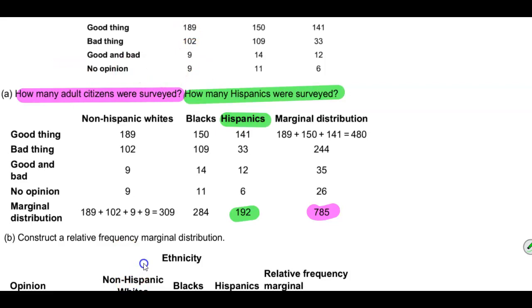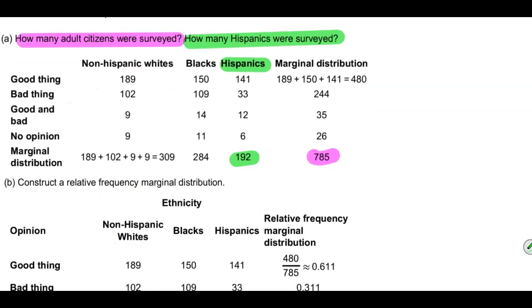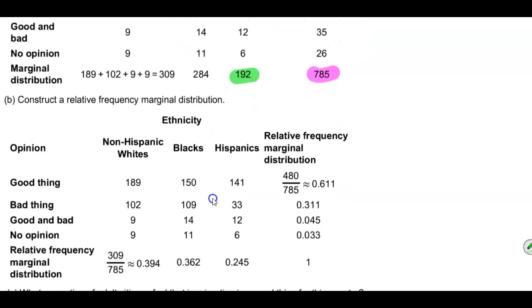Now for the second part, they want us to construct a relative frequency marginal distribution. In order to do that, we take the totals for each row and the totals for each column, and divide those totals by the total number of citizens who were surveyed. Going back to the first question, the total number of citizens surveyed was 785. So the total of non-Hispanic whites was 309, and if we divide that by 785,